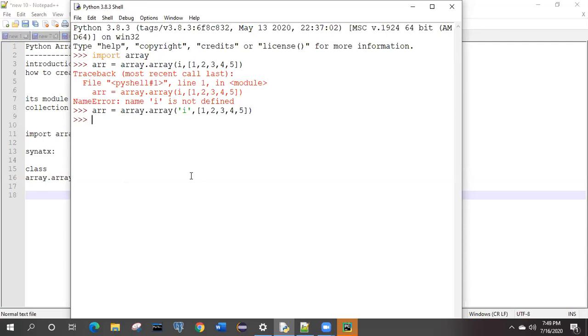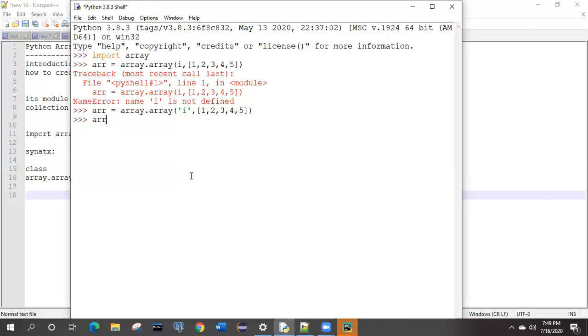We need to verify whether the array has been created by the above syntax. How can we verify? We can simply print this. If something is created and some content is assigned inside this ARR, it will give us the result.